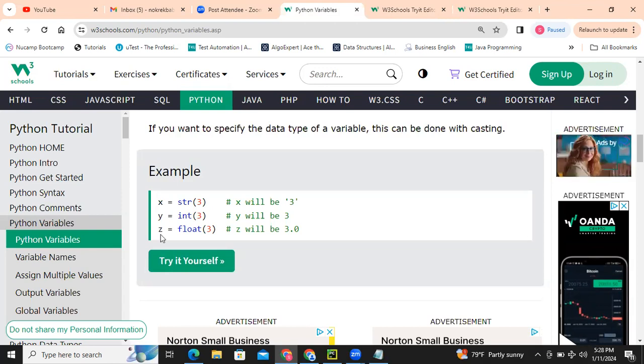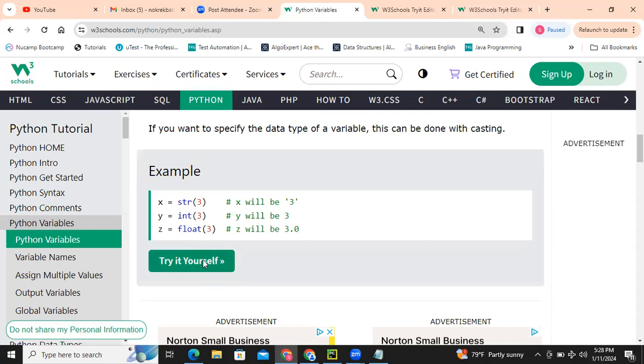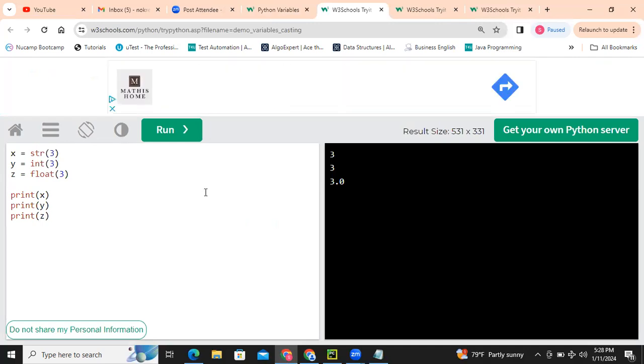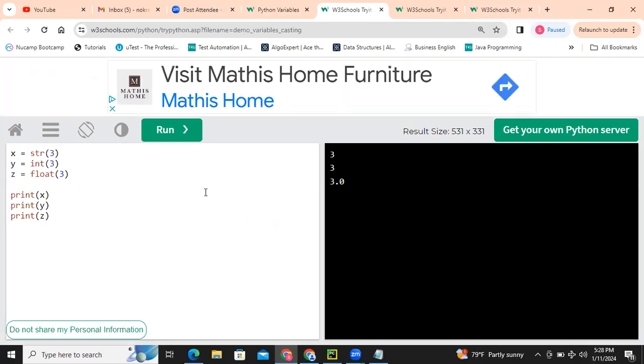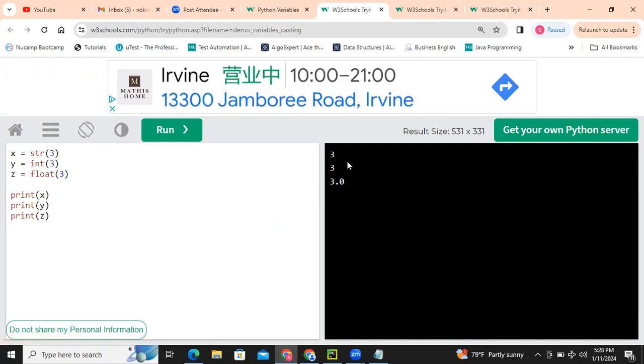And if you want to cast into float, float is a floating number like 3.0. We don't need to even understand this, okay? But I hope you understand what we are talking about, right?